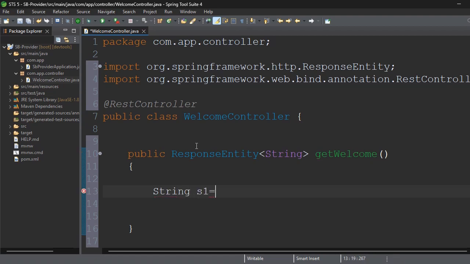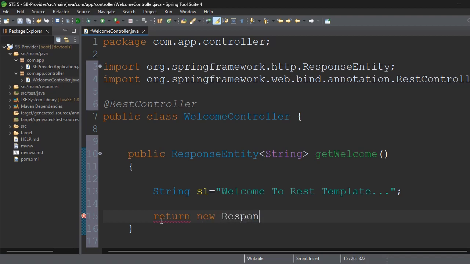String s1 is equal to double quotes, here "Welcome to RestTemplate". Okay, return